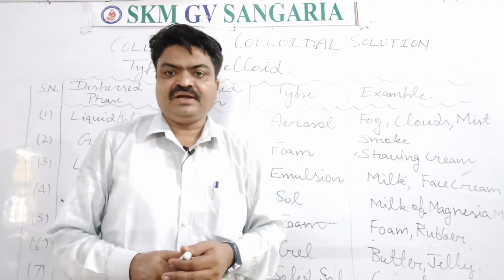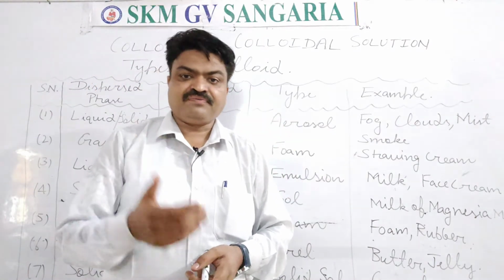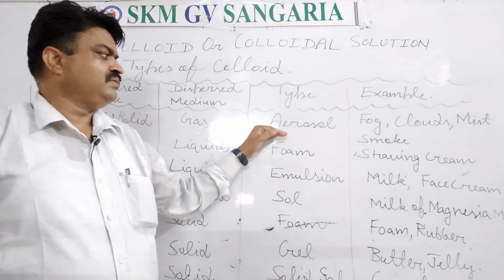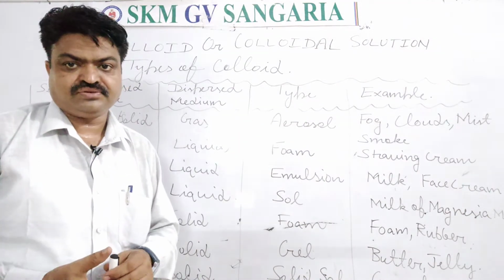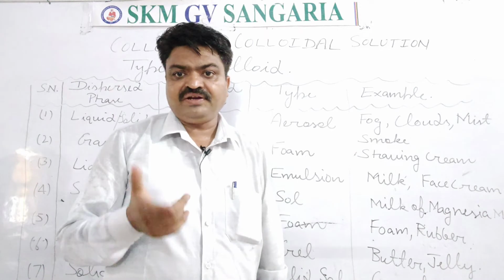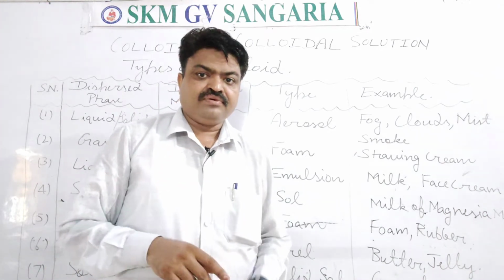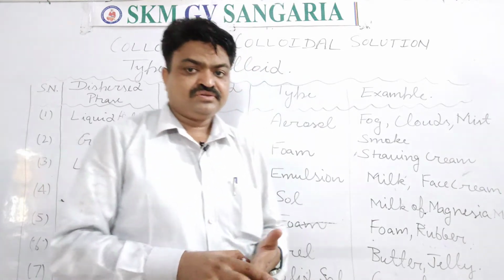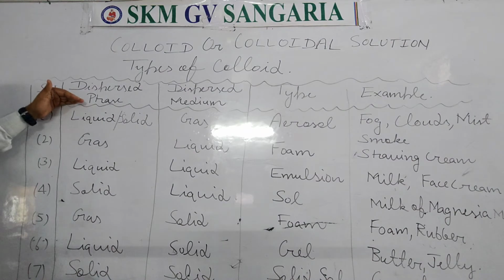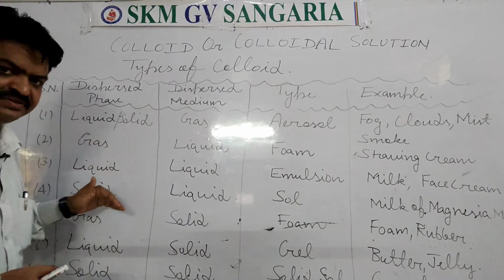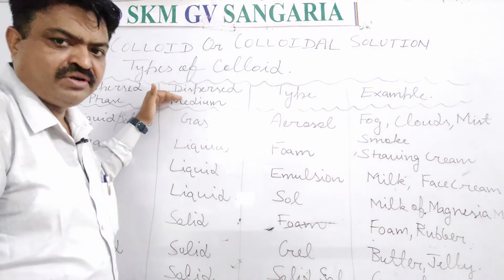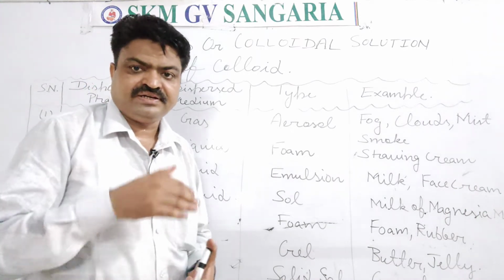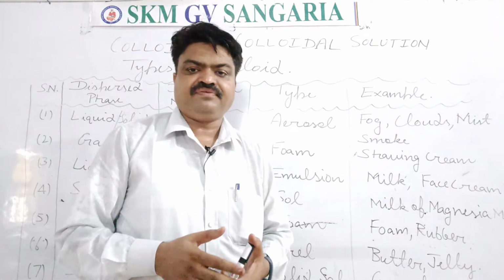All the oil and perfumes, some perfume, student, they are examples of this type of colloid, and it is known as aerosol. Now how can you define it easily? As I have taught you, colloids are made up of solute and solvent. In this, the solute is known as the dispersed phase and the solvent is known as the dispersed medium. Now with the help of this dispersed phase and dispersed medium, you can easily define it.